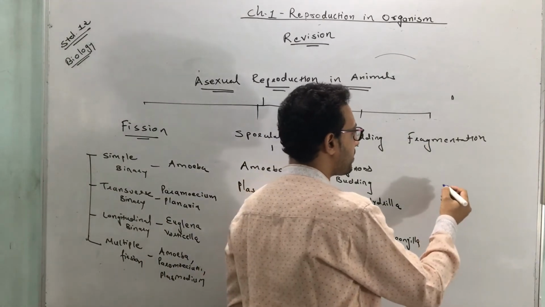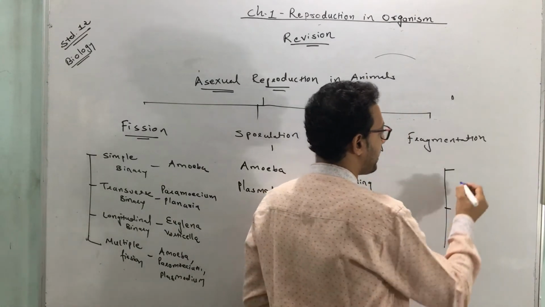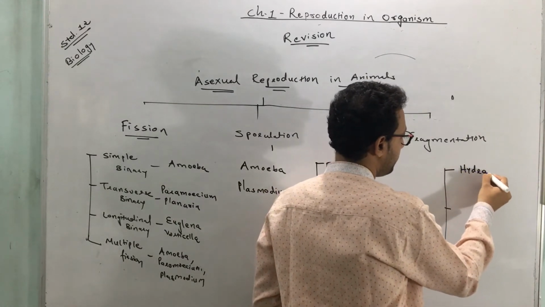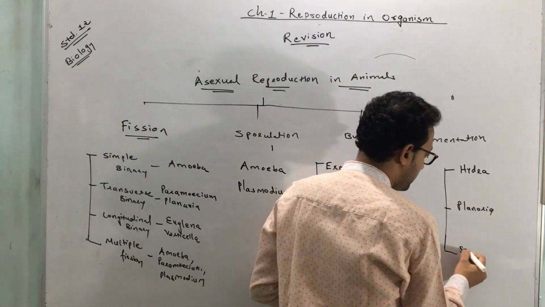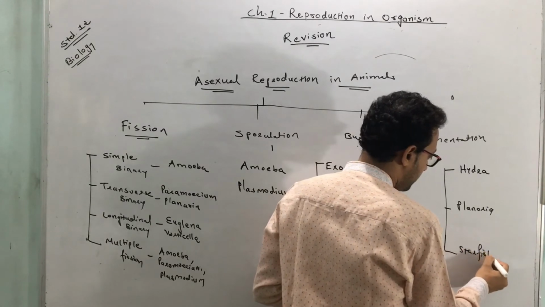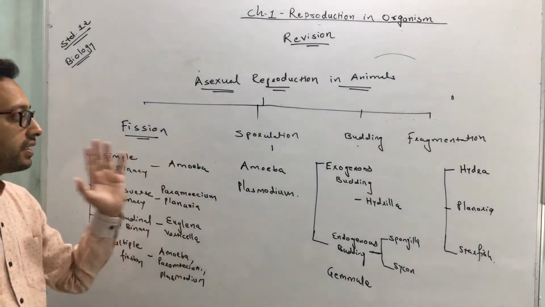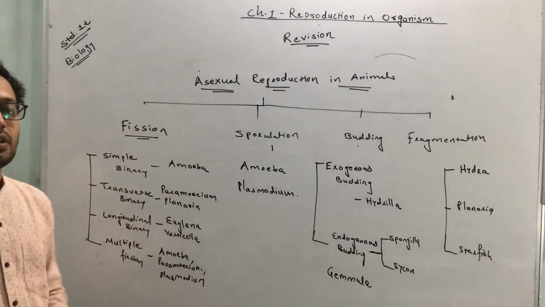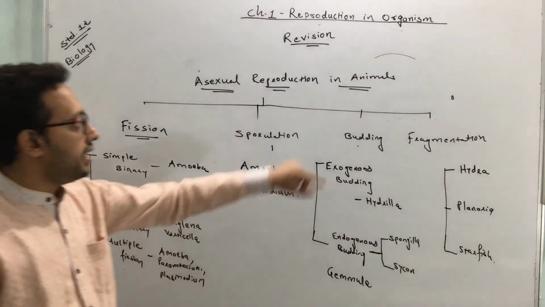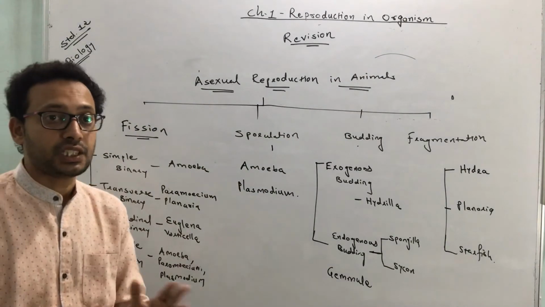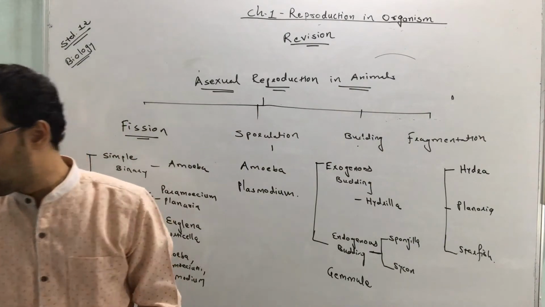It is one kind of regeneration, and fragmentation is observed in a number of organisms, like Hydra, Planaria, and starfish. So these are the different examples which reproduce in different ways. Okay, so remember all these examples and what happens in that process. Now similarly, as animals do asexual reproduction by 4 ways: fission, sporulation, budding and fragmentation,